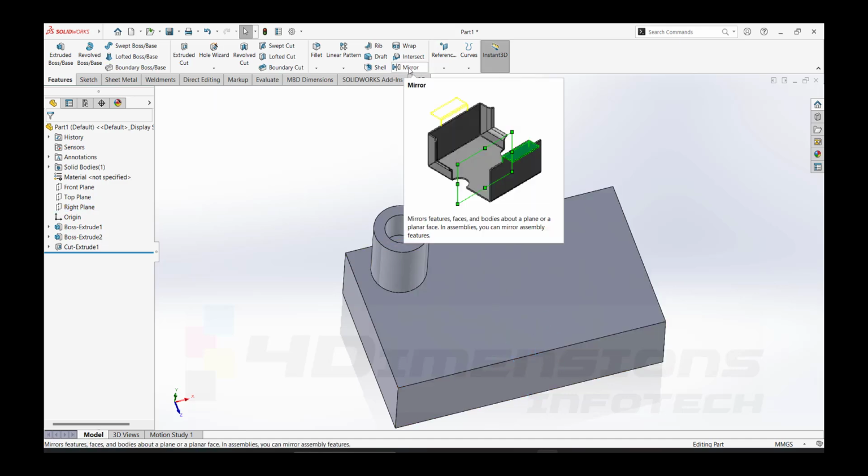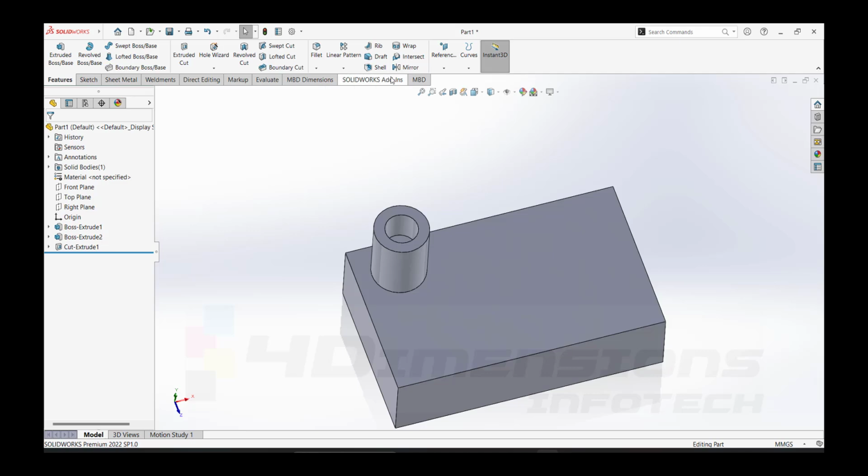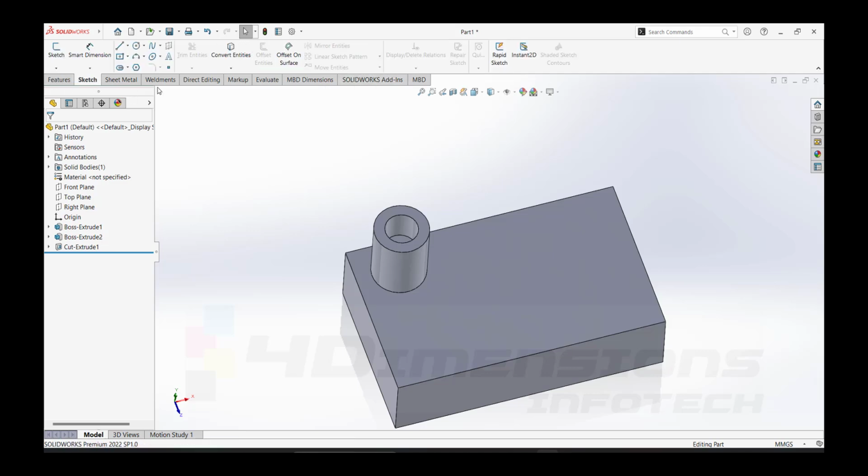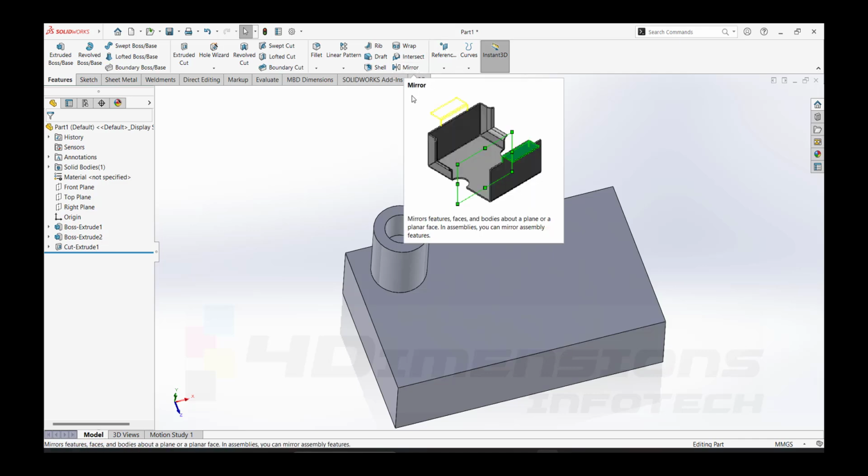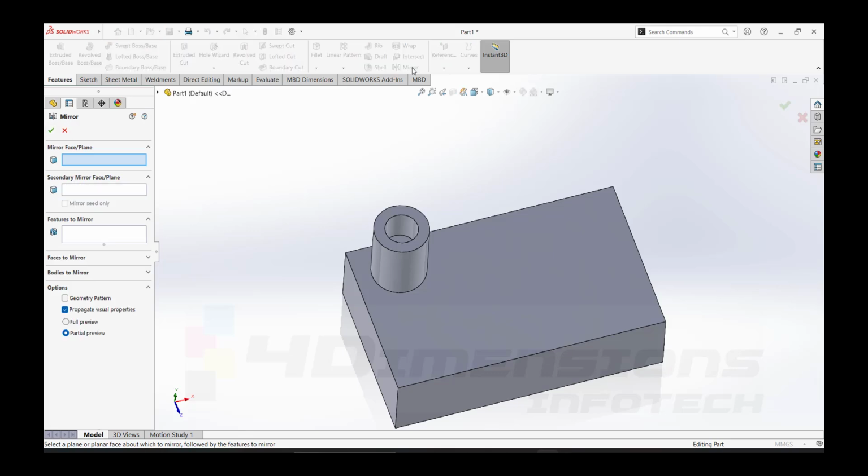So we'll go with feature commands, and in feature we are going to say mirror. There is a mirror command in the sketcher also, but it is mirror entities, and now we are going for features mirror. There is no entity written here. That's why it is used for features only. So I'll select this mirror command, and now I have to show the mid plane against which I want to mirror this feature. For that, select the required plane. I'll say it right plane,